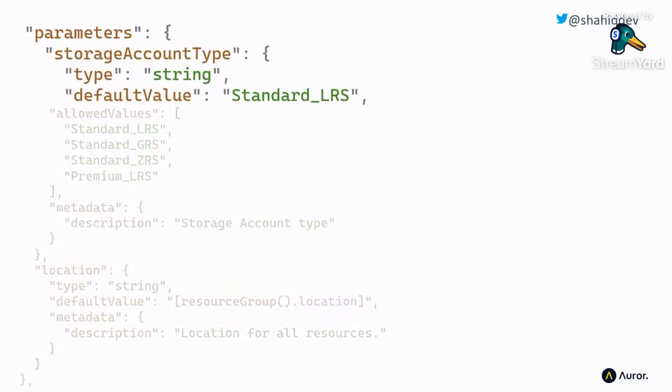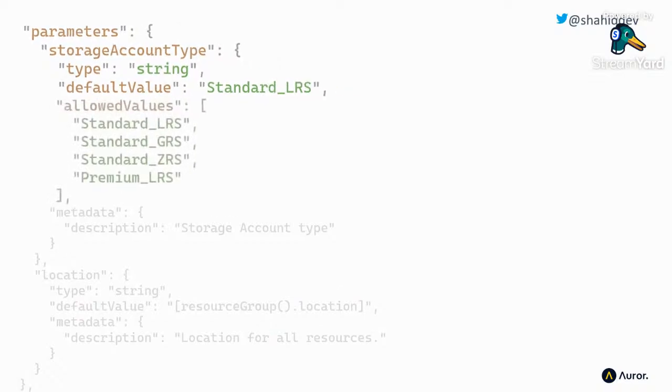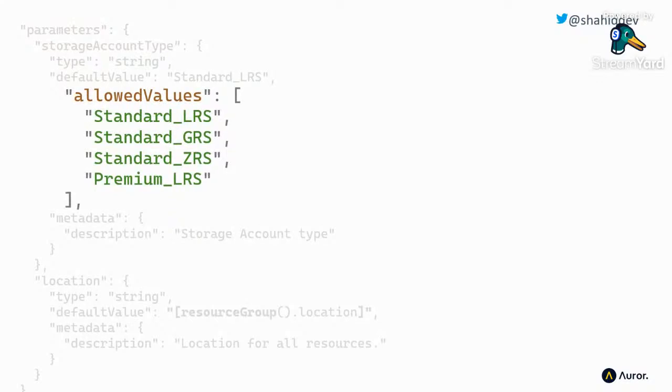So up here, what we're doing is defining some parameters, and we're setting a default value. This is quite good in a way because we're allowing the person who's using this template to specify a valid value. They pick from a list, and if they don't pick one, they get an error. So that's great. We're getting some of that validation that we got in the portal. One downside of this is if Azure releases a new type of storage account or new SKU of storage account, we would need to go and find all of our templates where we've defined this list and update them. So that's not great, but perhaps doesn't happen that often. So there's our parameter.